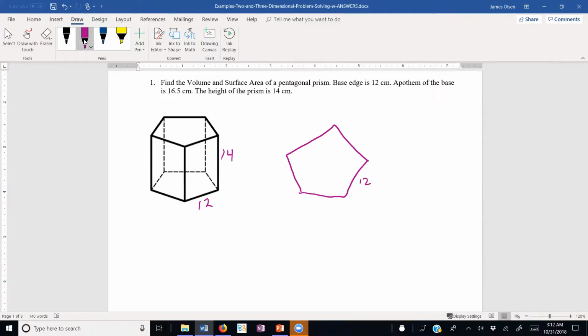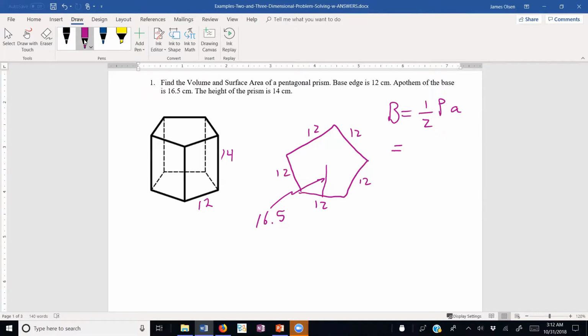So we have 12 on each of the sides. And I'm going to draw in my apothem. My apothem here is 16.5. And so I need to calculate the area of the base. And I'm going to be using the capital letter B, just like on our handout, and I will consistently use that throughout the video. Our formula for the area of a regular polygon is 1/2 perimeter times apothem,